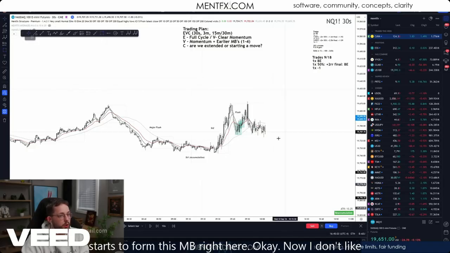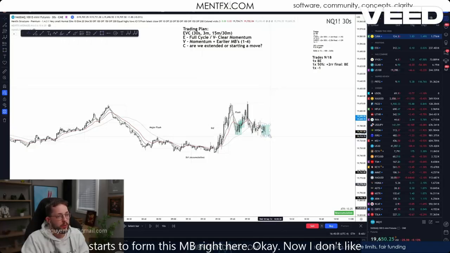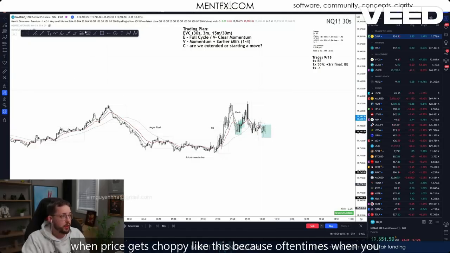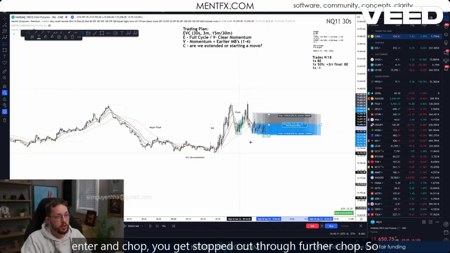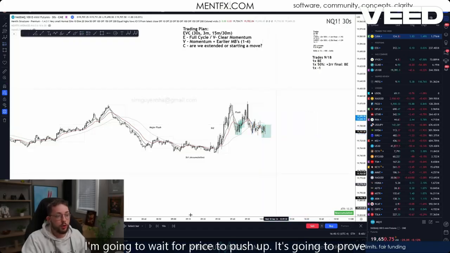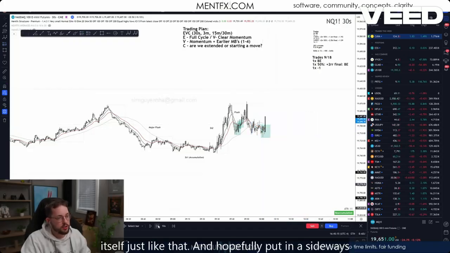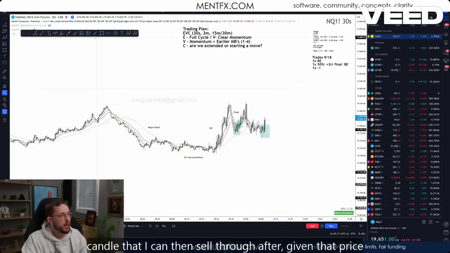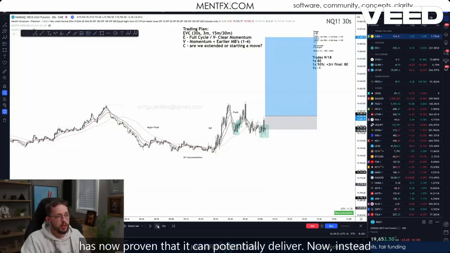And it starts to form this MB right here, okay? Now, I don't like when price gets choppy like this because oftentimes when you enter in chop, you get stopped out through further chop. So I'm going to wait for price to prove itself just like that and hopefully put in a sideways candle that I can then sell through after, given that price is now proven that it can